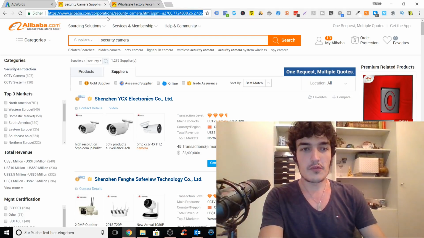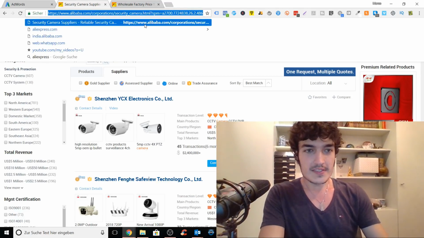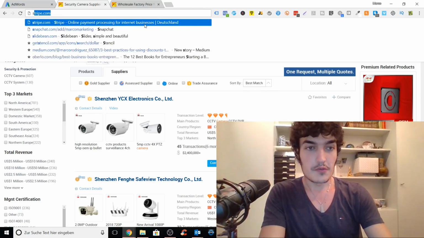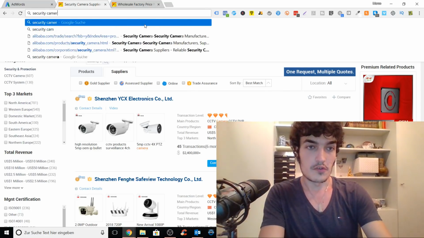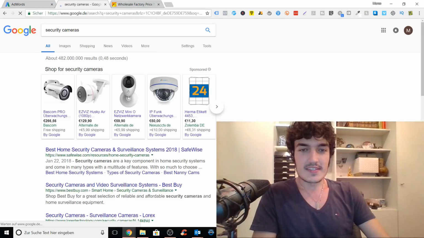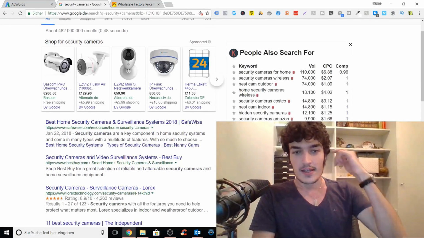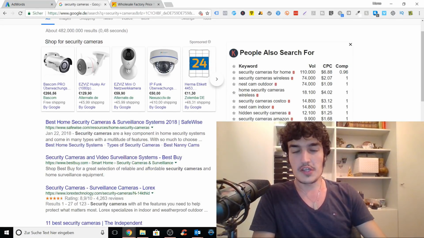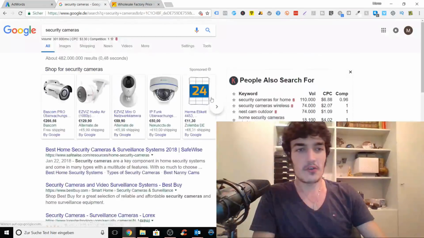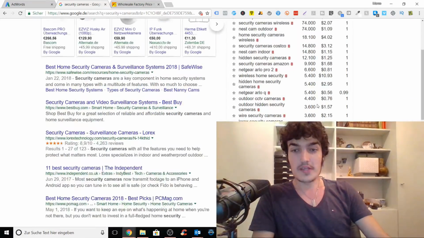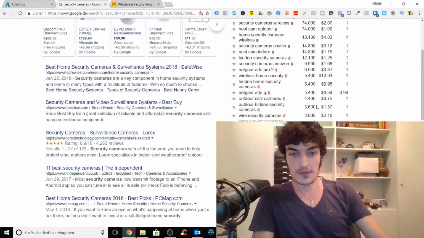And let's say I look for security cameras on Google as well. What happens is, and this is something that you guys asked me as well, it shows keywords, related keywords here on the right, and also the search volume as well as the CPC for the current keyword right below the search box. As you see already, this comes in very handy if you use AdWords or SEO